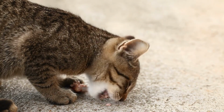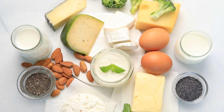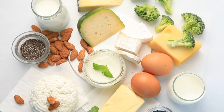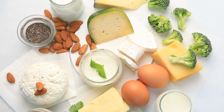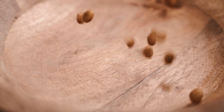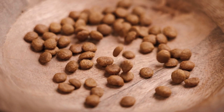Calcium deficiency, important for bones and teeth. Calcium is essential for your cat's bone health, muscle function, and nervous system. If your cat doesn't get enough calcium, they might develop skeletal issues, such as weak bones and teeth, muscle twitching, and seizures. Calcium deficiency is especially common in cats that are fed homemade diets without proper balancing of calcium and